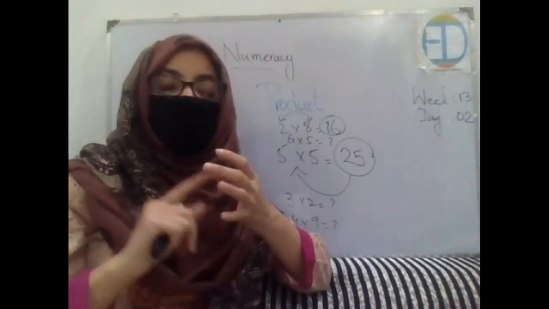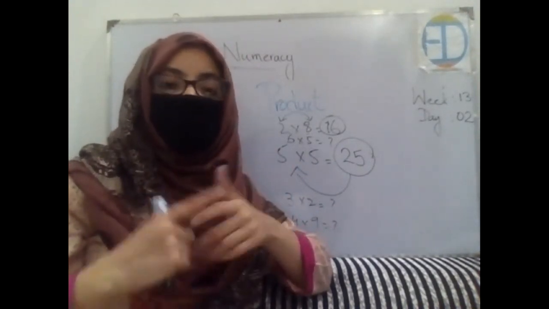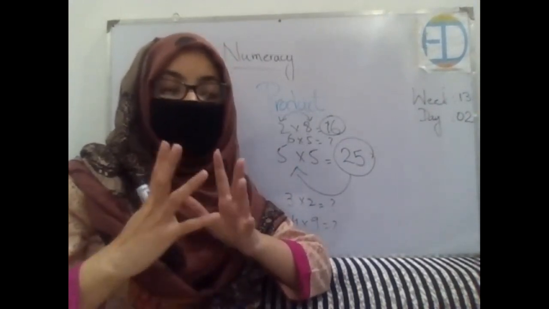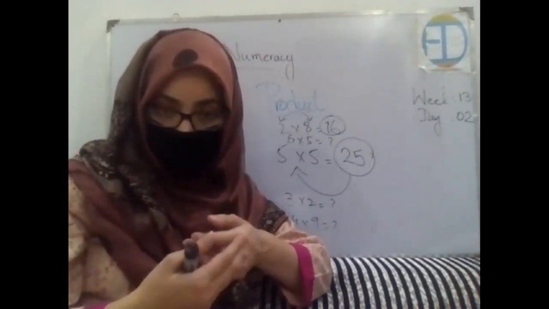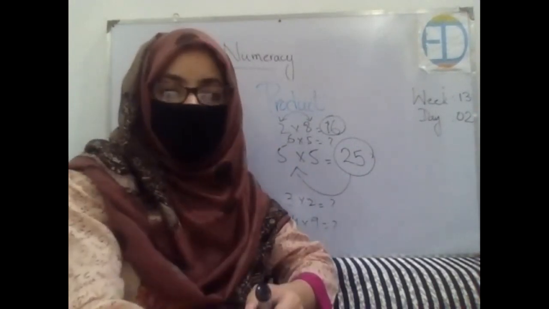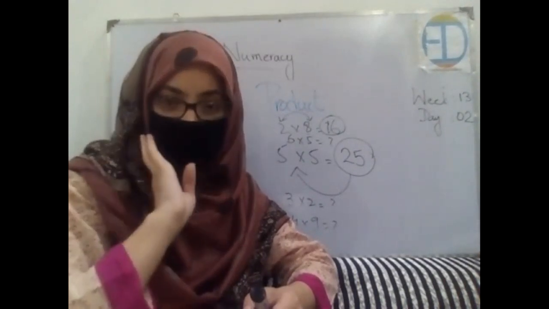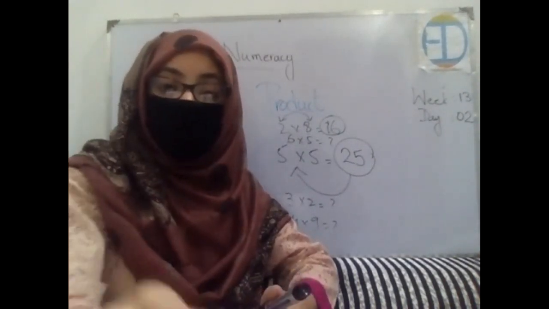You learned the table of 2, table of 3, 4, 5, 10, right? And now we are moving forward and we are discussing how we can find the products of different numbers. Got it? Okay. So now I'm going to share the screen with you and I'll show you how a multiplication table looks like and what is the purpose of it.